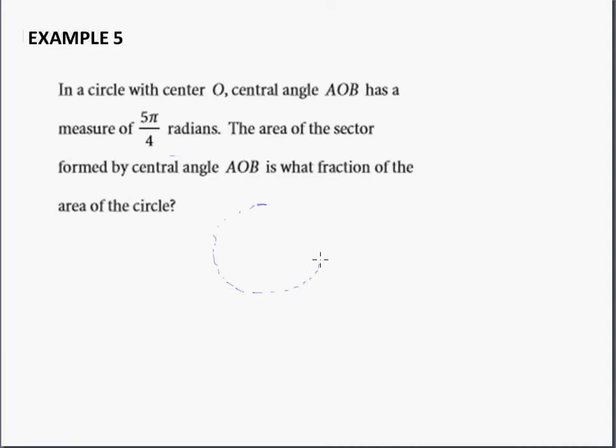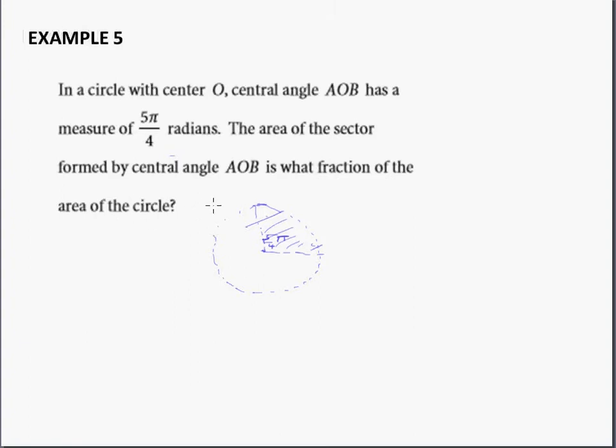I draw a circle like this, and I have the center like this, and I say, well, this is 5 over 4 pi like this. This is 5 over 4 pi. And I want to find the area of this sector right here. And the question is, the area of the sector formed by central angle AOB is what fraction of the area